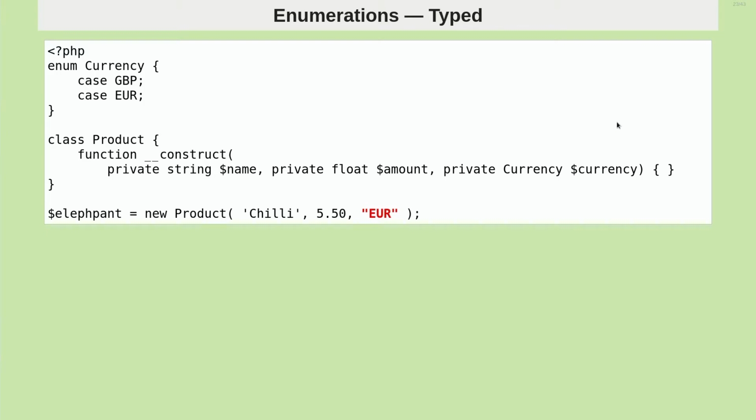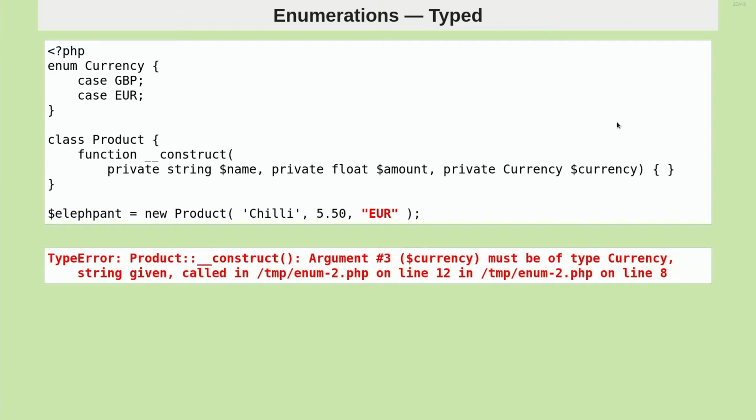Now, what you can't do, luckily, is that if you pass in EUR as a string, instead of using the enumeration sub-value, you'll get an error message that says, argument 3 currency must be of type currency, and you've given it a string. A string does not match with the enumeration values on purpose. Because if it would, we could also put in a string, for example, now I don't remember what the currency code is